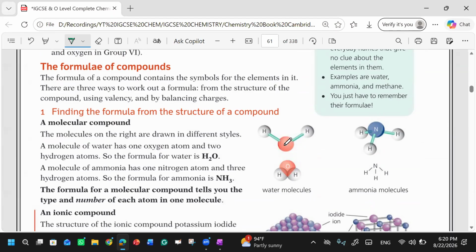So how come we know about this? By electronic configuration. That is the most important concept, right? That's why they have mentioned it in chapter number 2, that you must know the electronic configuration. Otherwise, it is not possible for us to make bonds. We can't predict which one will gain one electron, which one will lose electron, or which species is sharing electron. This all depends on their electronic configuration.